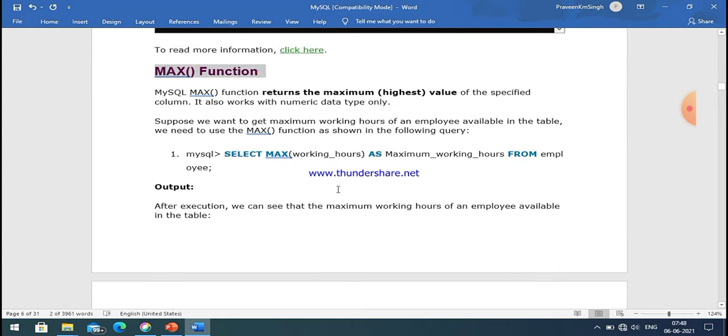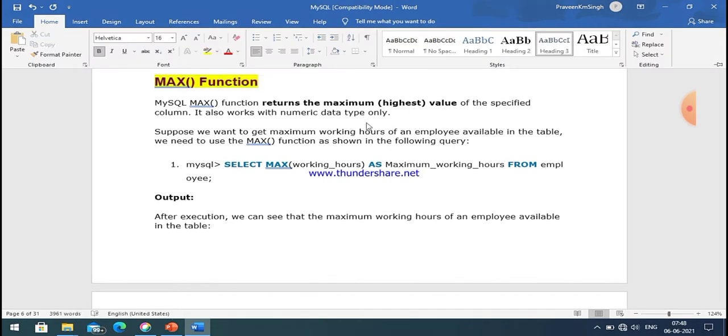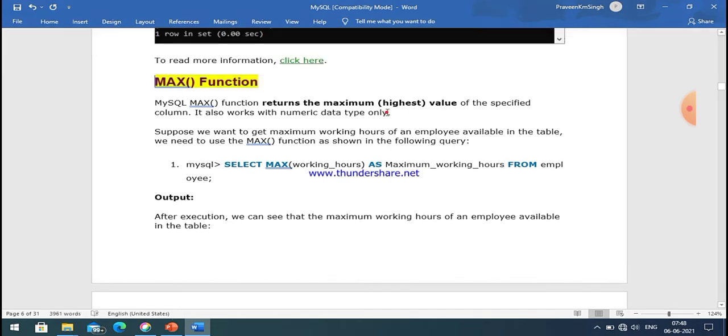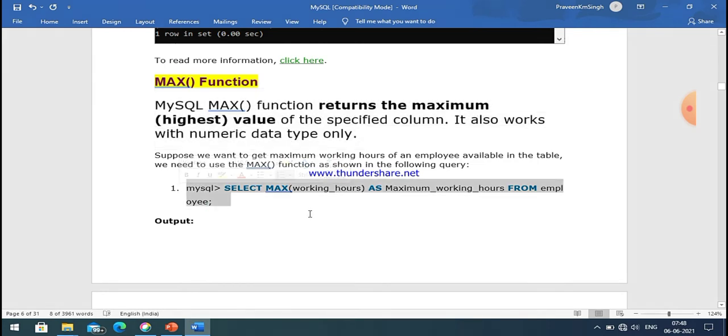Now second is the max function. It is very similar to the min function. The only difference is that it returns the maximum or highest value. The min function calculates the minimum or lowest value, but the max function returns the maximum or highest value of the specified column, and it also works with numeric data only.